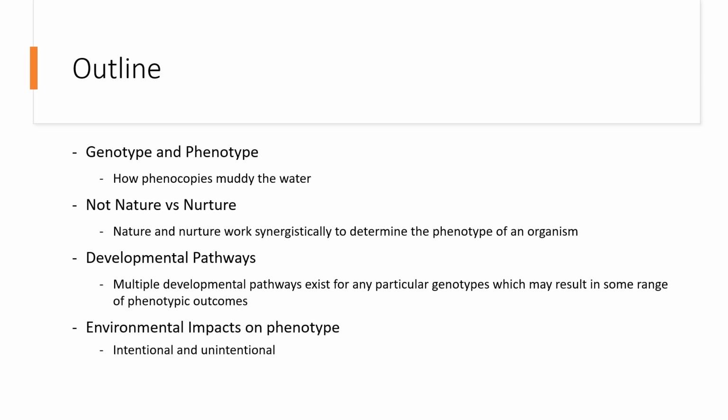After that, we will look at some examples of environmental impacts on phenotypes in nature. We will use these to illustrate how it can sometimes be difficult to clearly classify whether some particular phenotype is a phenocopy or the natural product of a particular set of gene-environment interactions throughout development. After that, we will take a closer look at two different styles of environmental influences in phenocopying, which can be through intentional or unintentional phenocopying.